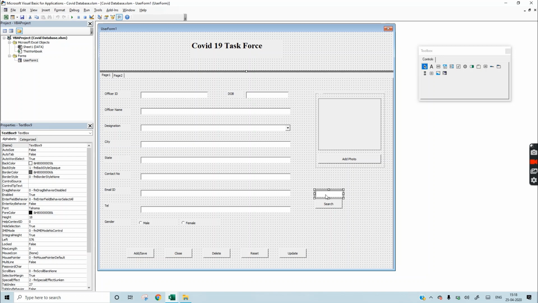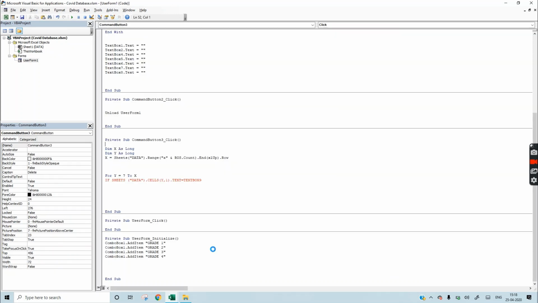First of all, we have to search that ID number, then this data will show here, and then we will delete. So this text box is 9, so write 9 here.